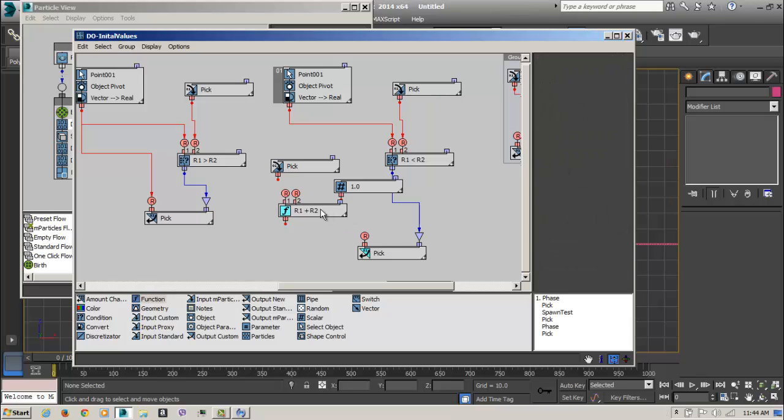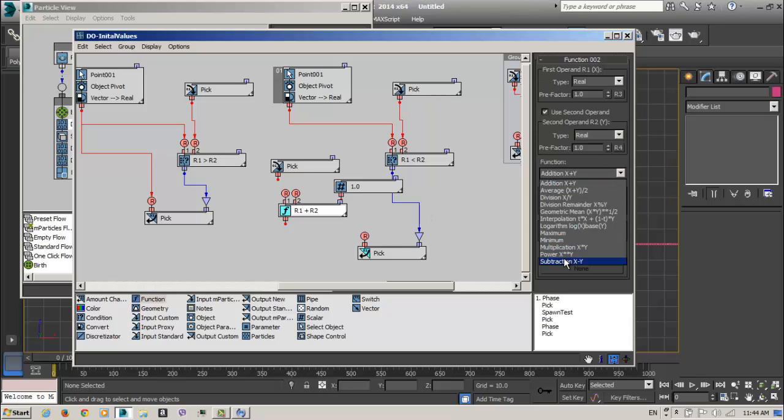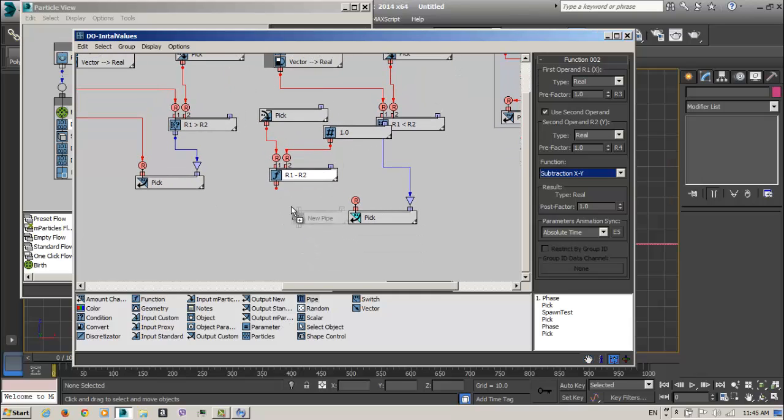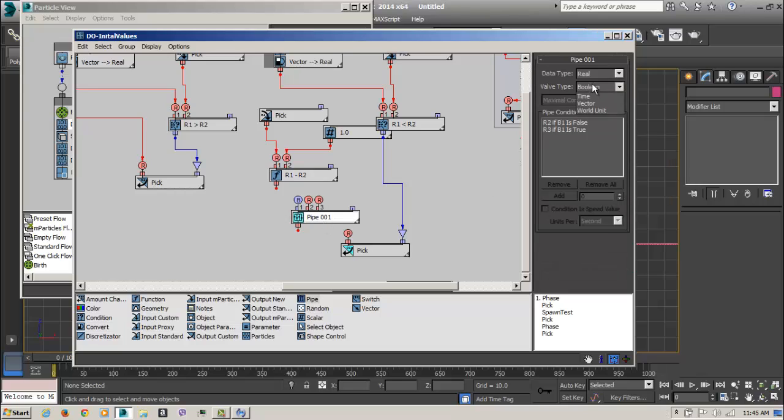And what we want to do here is subtraction, peak minus 1, and make a pipeline here and say float. Okay, R2 if R1 is less or equal to 0 is, so R2.